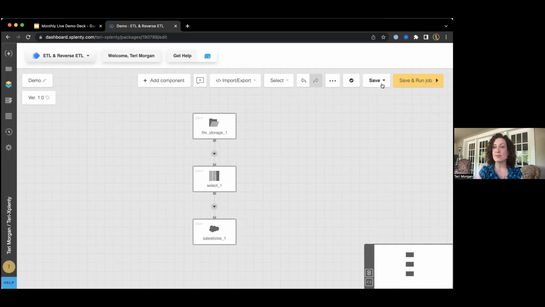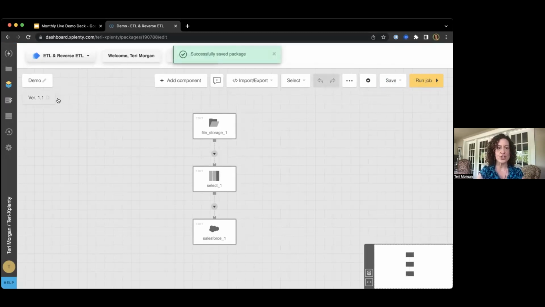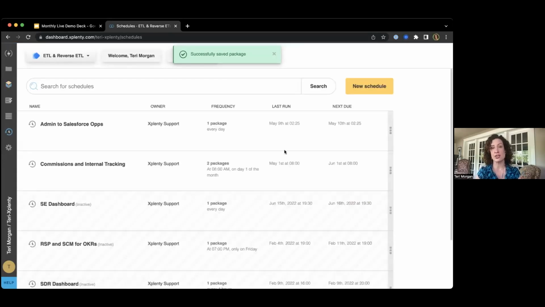Now, I'm going to save this package, and I will mention while we do so that you can see inside the save options that we support version control here. And every time you perform a save, you can create either a minor version or a major version of your package. So I'm going to create a minor version. We can see right over here that it ticks up to version 1.1. This means that you can also roll back if you ever realize you broke something. But we're going to go over here to the scheduler to talk about scheduling that job so that it happens